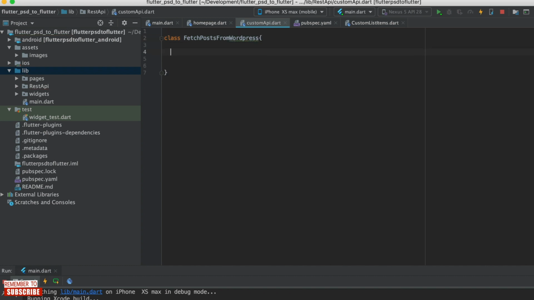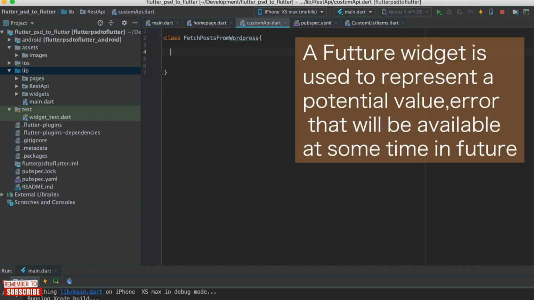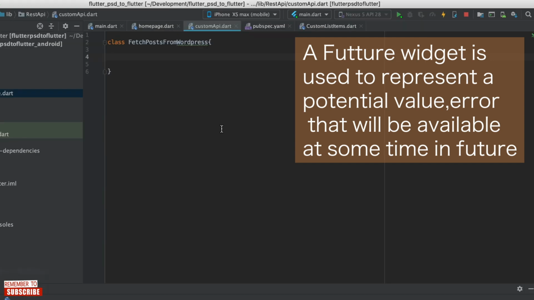So for us to be able to fetch our WordPress posts, we'll need to use a widget known as Future. Future is used to represent a potential value or error that will be available at some time in the future. Okay, now having defined what a Future is,